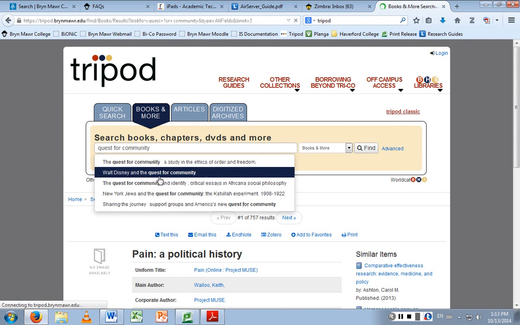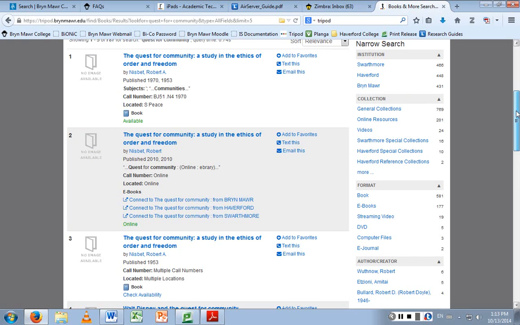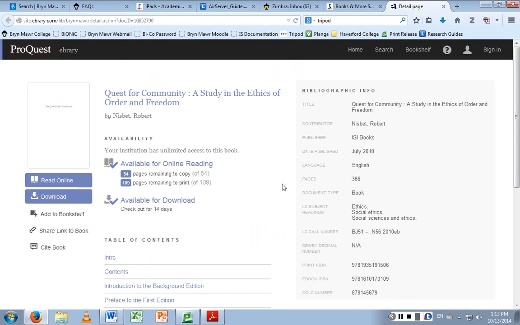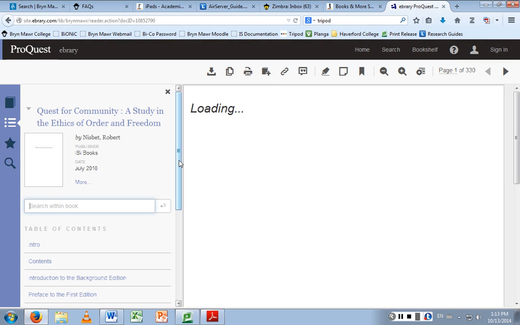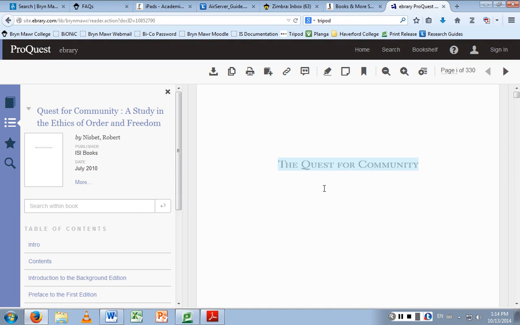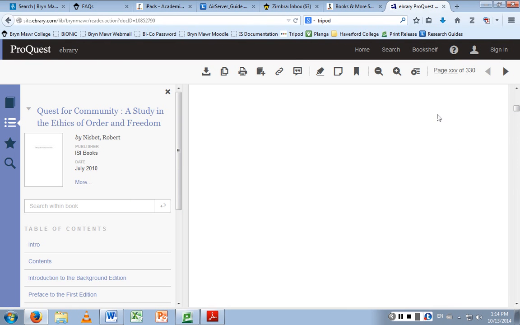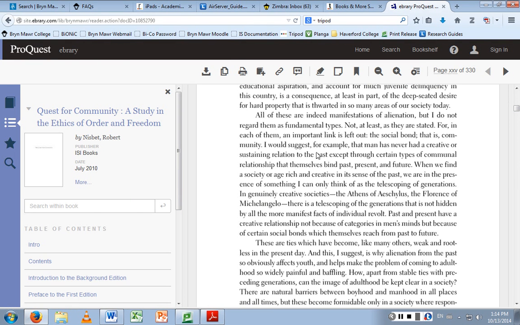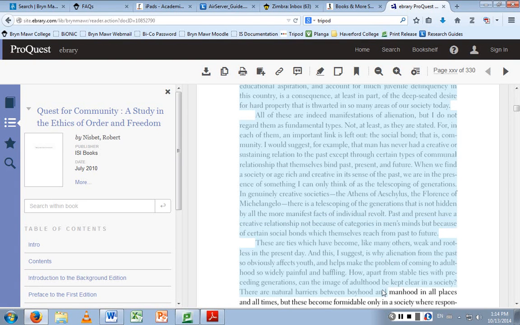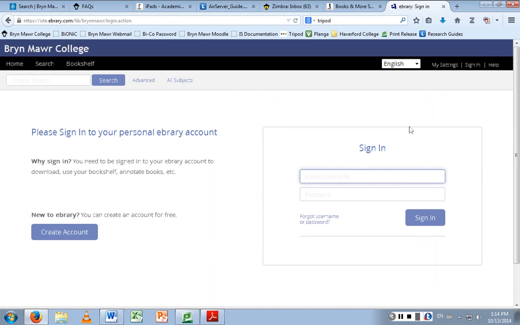This was very frustrating because this book is available on eBrary. And I'll show you what you see before I log in. So this is what you see. This is actually text, but the way this is set up, it's not usable with Natural Reader, right? The student would have to copy and paste essentially. And there is a way, now that I've signed in, I've gotten an accessible version.